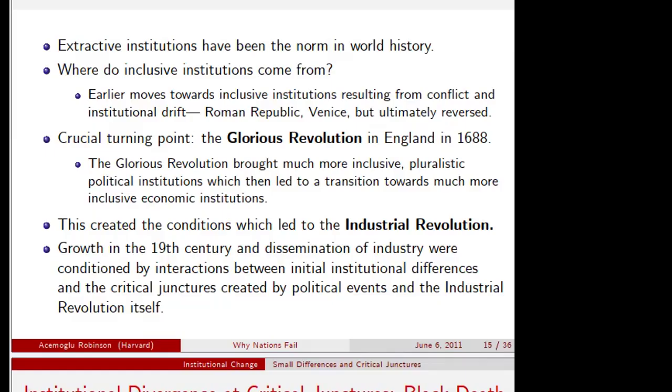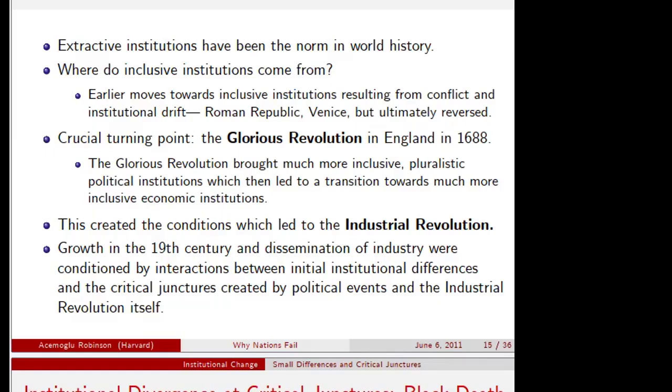Inclusive institutions, when they emerge early, were ultimately captured and reversed by those who actually stood to gain from extractive power. The political losers we discussed earlier fought back, and won. So the crucial turning point of the Glorious Revolution of 1688 is also very important because I would call this Glorious Revolution not just a turning point, but also a